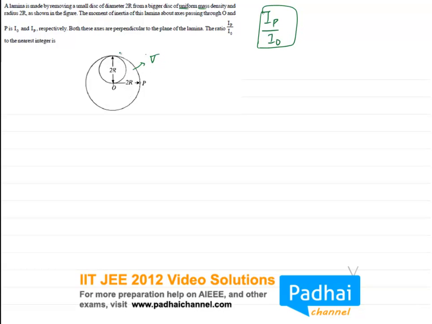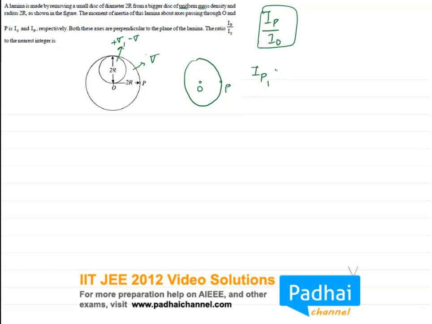So again, for cavity, what we will do? The same thing. We will fill it by plus sigma and minus sigma, respectively. So when we fill it by plus sigma, we will calculate these two values. This is point O and this is point P. So for point O, when we fill it by plus sigma, IP1,